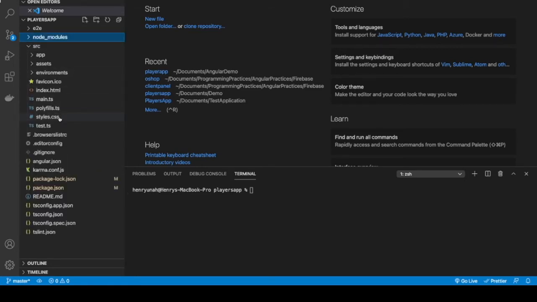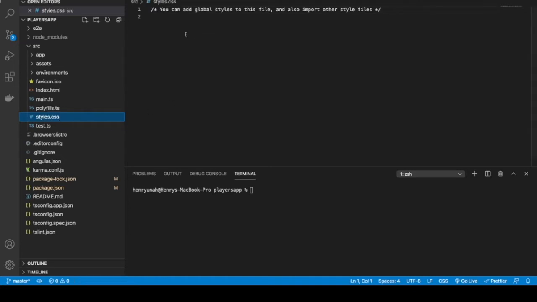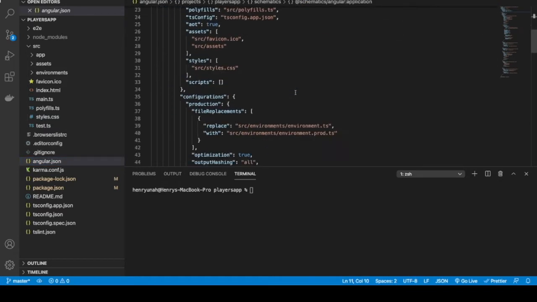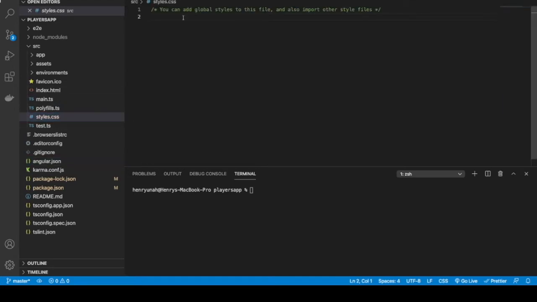So if I go to styles.css, I can add the Bootstrap here, or I can also do it in the angular.json file, and I can import the Bootstrap styles here, and also the Bootstrap JavaScript or any other package I want to add. But since it's a small project, I'll be doing it in the styles.css file. So I'm just going to type import,